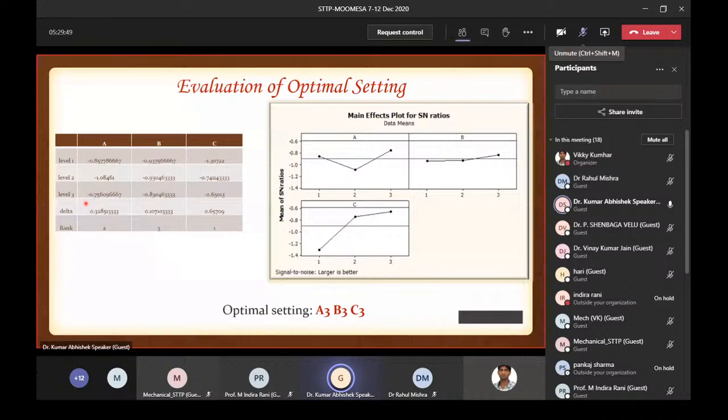अब ये तीनों वैल्यू से हमें कैसे पता चलेगा कौन सा फैक्टर ज्यादा इफेक्ट कर रहा है, तो हम क्या करेंगे, हम इसका डेल्टा वैल्यू फाइंड आउट करेंगे। डेल्टा वैल्यू क्या है, ये जो लेवल 1 2 3 फॉर द फैक्टर ए देख रहे हैं उसमें मैक्सिमम वैल्यू क्या है और मिनिमम वैल्यू क्या है। मैक्सिमम वैल्यू -0.75 है और मिनिमम वैल्यू -1.08 है। तो इन दोनों का जो डिफरेंस होगा दैट गिव्स द डेल्टा वैल्यू। डेल्टा वैल्यू इज नथिंग, इट इज द डिफरेंस बिटवीन द मैक्सिमम एंड द मिनिमम फॉर द लेवल्स। जो भी लेवल्स का मैक्सिमम और मिनिमम वैल्यू होगा उसका डिफरेंस ही डेल्टा वैल्यू को इंडिकेट करेगा।